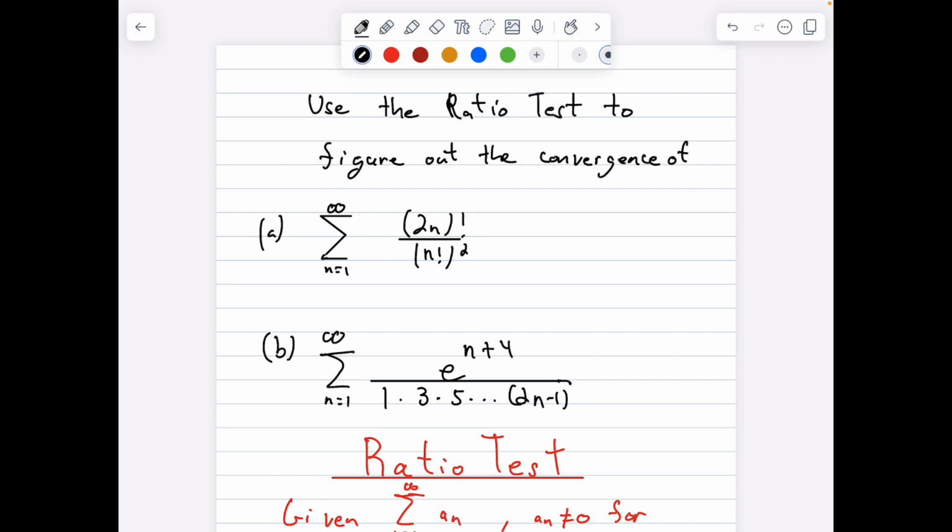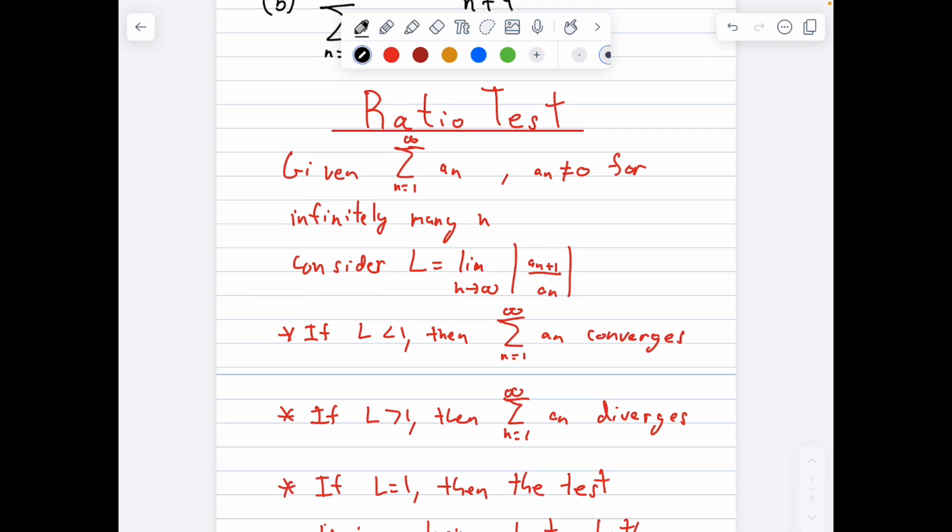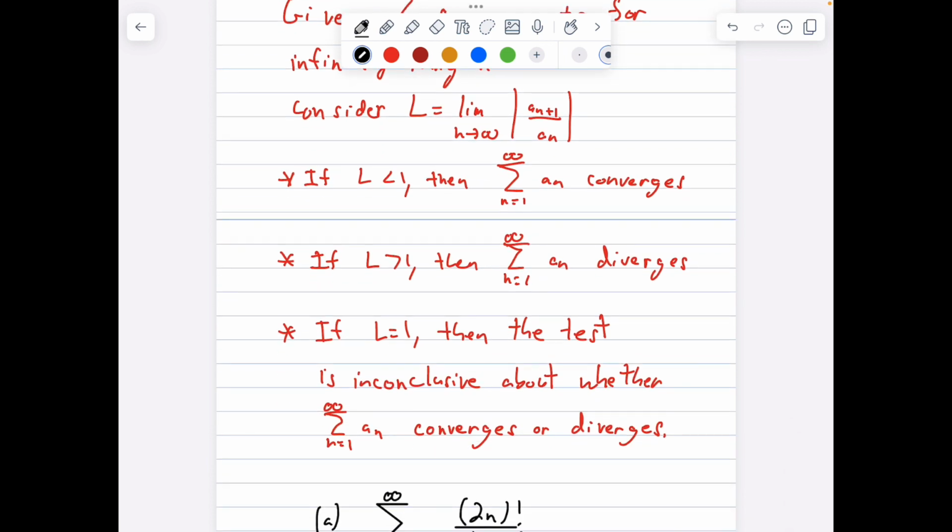Okay, so I'm going to be using the ratio test, and let me just see what the ratio test says. Given a series from 1 to infinity, a sub n not equal to 0 for infinitely many n, consider the limit L equaling the limit as n goes to infinity of the absolute value of the quantity a sub n plus 1 divided by a sub n. If your limit is less than 1, then your series converges. If L is greater than 1, then the series diverges. If L equals 1, then the test is inconclusive about whether the series converges or diverges,